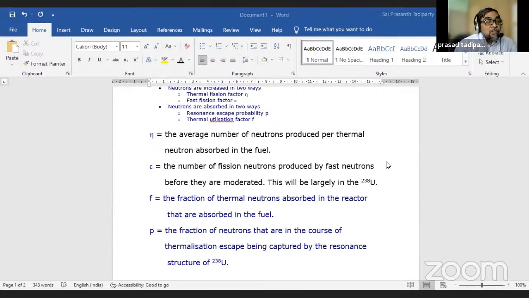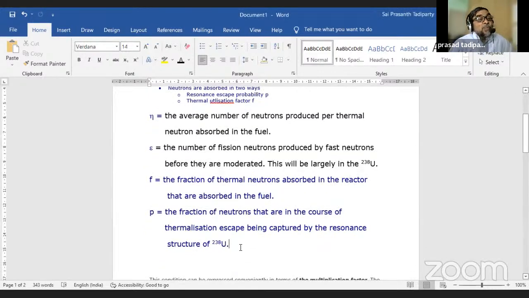So what are the important terms: eta, epsilon, P and F. Before arriving at these, we will see the conditions, and each and every term. The first one we can consider is the average number of fission neutrons, that is nu. This refers to the average number of neutrons thrown out in each act of fission by thermal neutrons. So this nu is 2.44